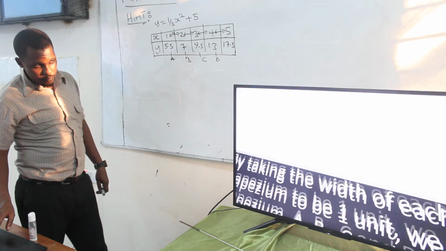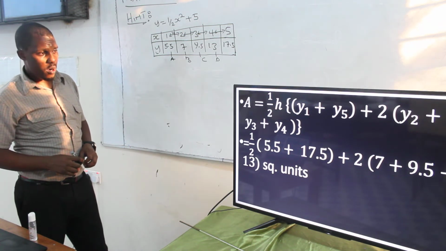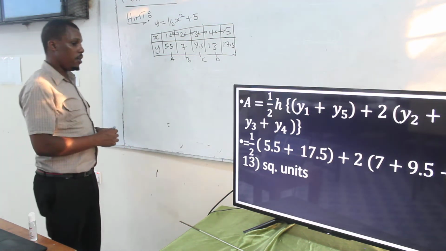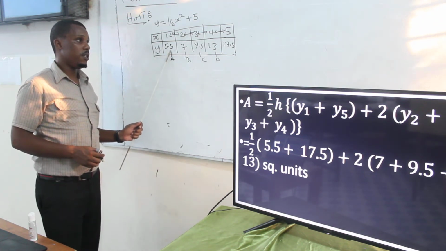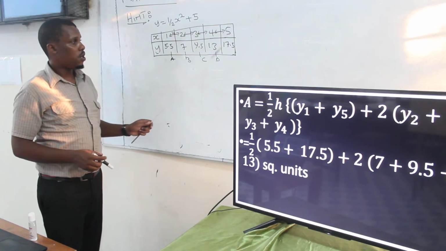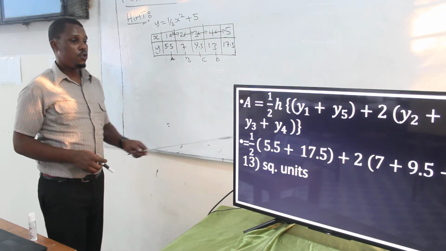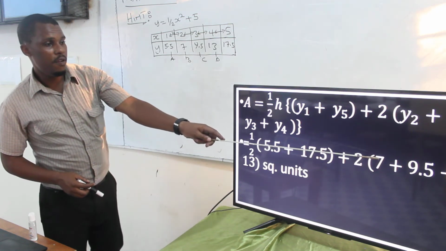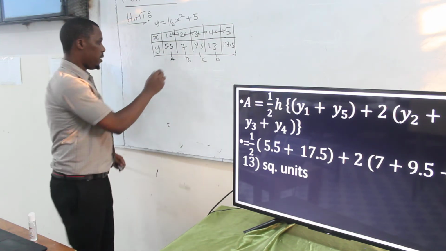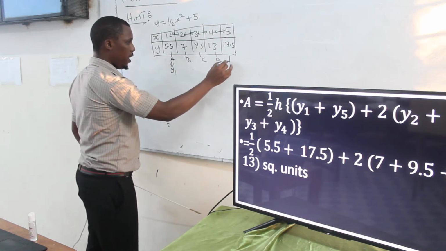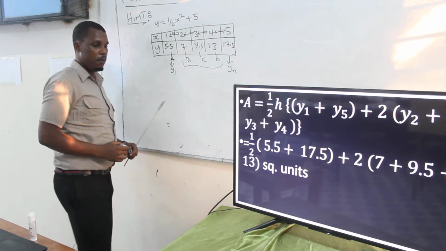Note. We have our Y1, and you can see our Y1 there is 5.5. Then our last length is going to be how many? 17.5. That's what we have in there. Then the other one is 2, plus 7 plus 19.5 plus 3 plus 13. So these are our Y1, and then these are our Yn. So these ones are the ones that you're going to multiply by 2 from the formula.